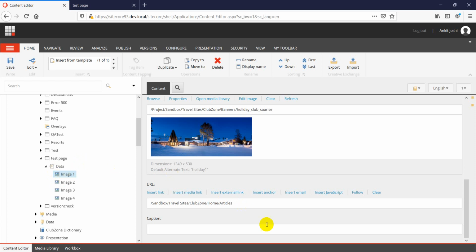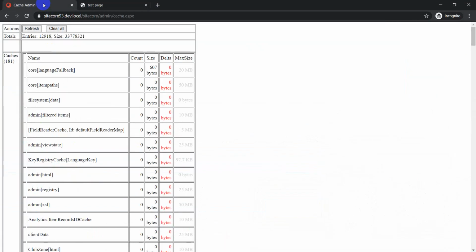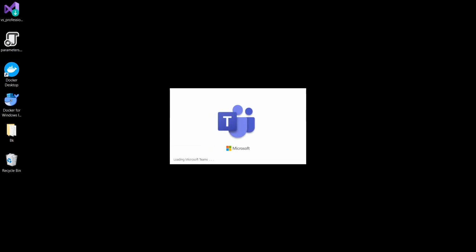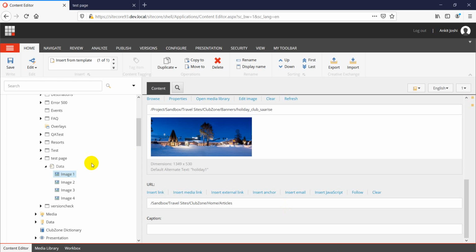So I hope this gives you at least some understanding about rendering variants, how we can create them, what different options we have for that, and what different fields we have to control them. And yeah, we will see more about all these rendering variants in the coming sections. There are other things also, like the script template. We will also talk about what script templates are, and how you can make use of script templates with the SXA component in the coming